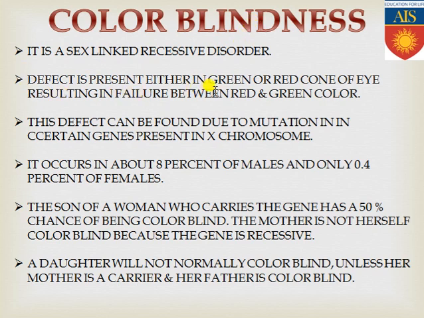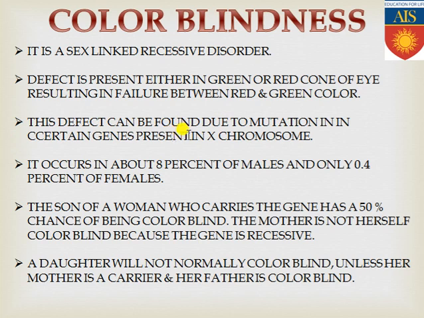The defect is present either in the green or red cone cell. Okay, so these specific people who are color blind actually can't distinguish properly between the red and green color. Those who have the problem in the red cone cells are called protanopia, and those who have the problem in the green cone cells will be considered as deuteranopia. So protanopia and deuteranopia, these are the problems. Who can't properly see the red color will be protanopic, and who have the problem in the green cone cells, for that reason can't properly see the green color, will be deuteranopic.